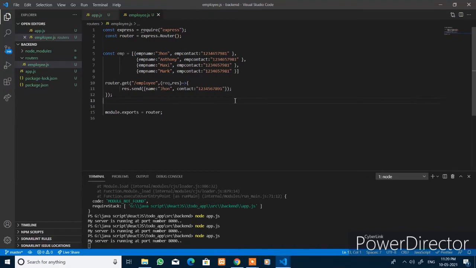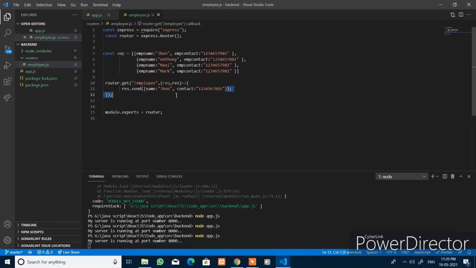Now within that employee.js file, create the dummy array that has 4 different employee records with the employee name and the employee contact as the properties, and you send that array in the response when you get the request to that path, that is employee.